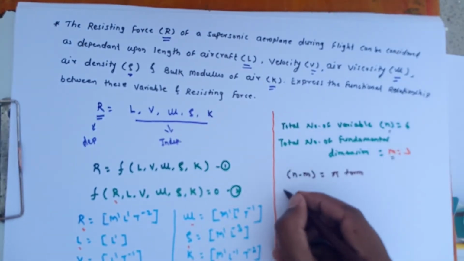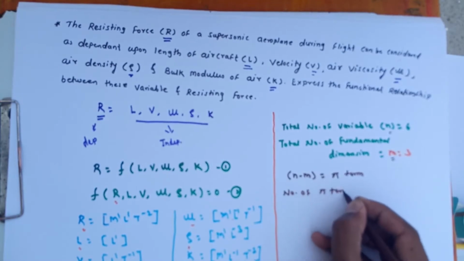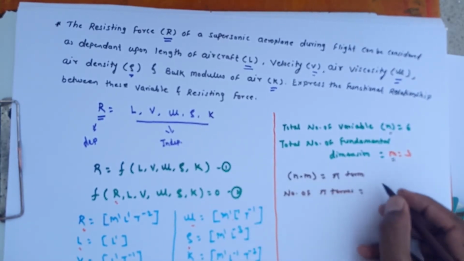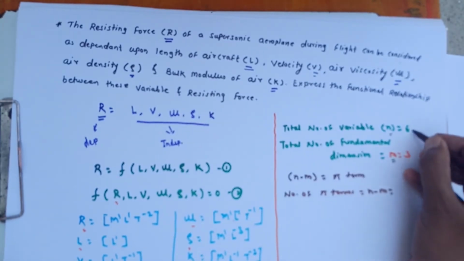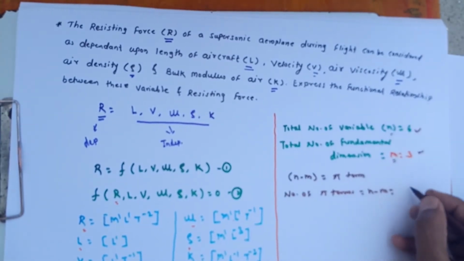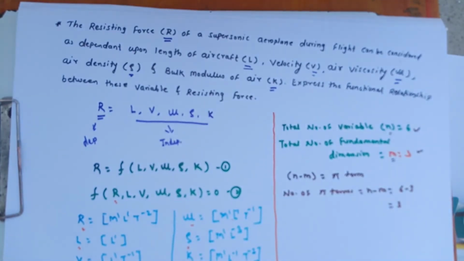So here the number of pi terms will be equal to n minus m. Here the value of n is 6, and the value of m is 3. So 6 minus 3 is equal to 3. So in this problem there will be 3